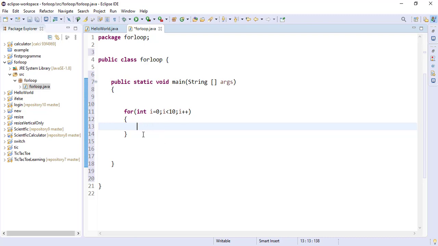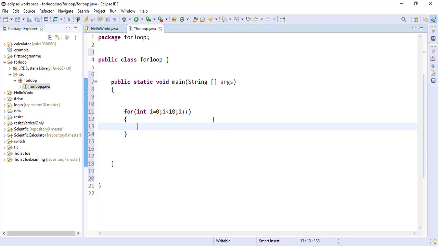And after the completion of that code, the code again goes here and increments the value of the I variable. So by default I contains 0, but after running the code the first time, I changes to 1. Then again the code comes here and 1 is less than 10, so it is fine. Then again the code comes inside the loop body and performs the task again. Then again it goes here to increment the variable value, and comes here again. So this is a cycle, and this cycle is going to repeat until this condition becomes false.